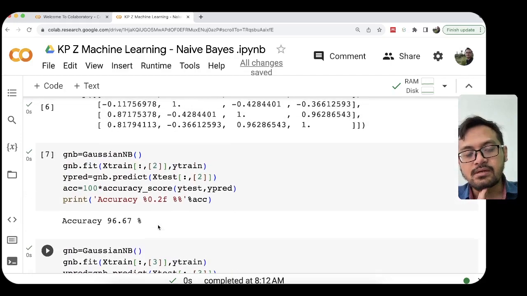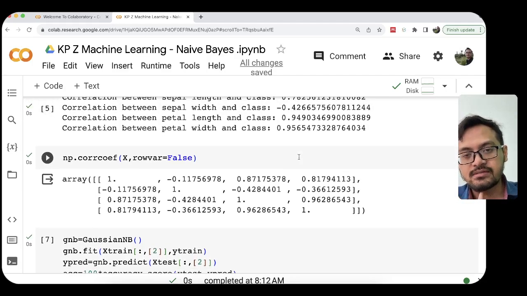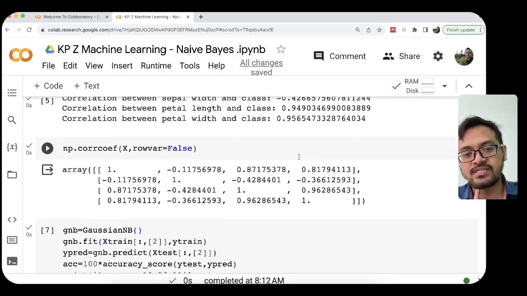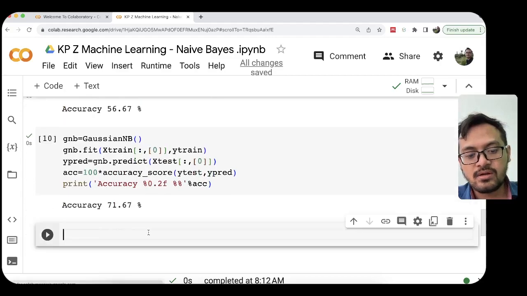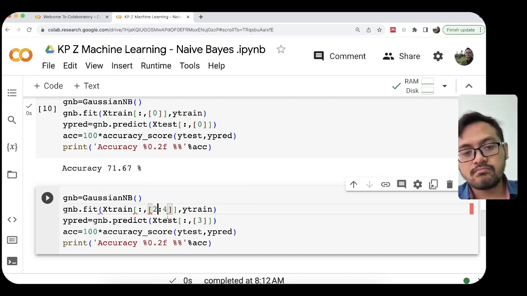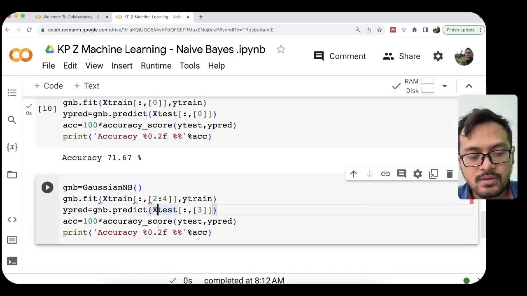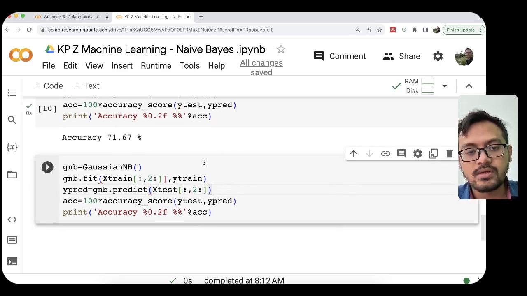71.60% accuracy. So features 3 and 4, the last two features, petal length and petal width, give the highest accuracy when classifying with Gaussian naive Bayes. And what happens if we use those two features, the third and fourth, petal length and petal width?